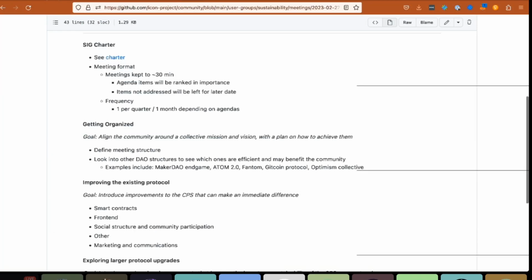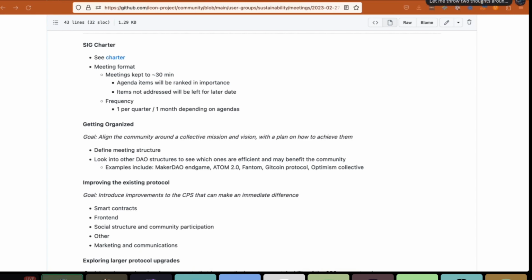So let's see if we got anything else. I'll put out the agenda earlier for the next one. I'm going to say that we can go for 1 month because I feel pretty good about it. This wasn't too much time that we used, and to me at least it felt productive. One of the main things I'm going to do for the next one is get a specific project or two from the community, and then we'll discuss what about it worked and what about it didn't work, and use that to generalize feedback.